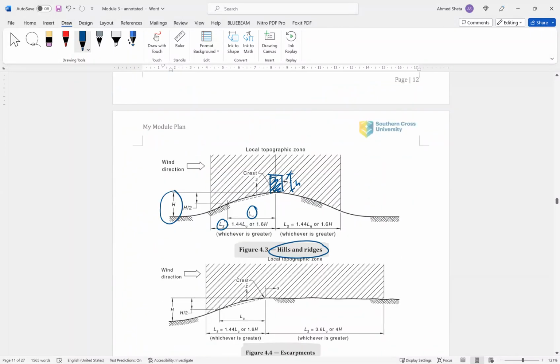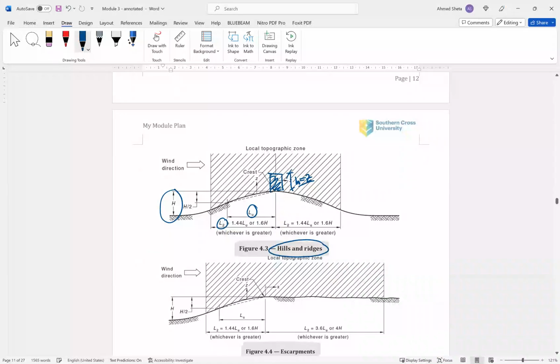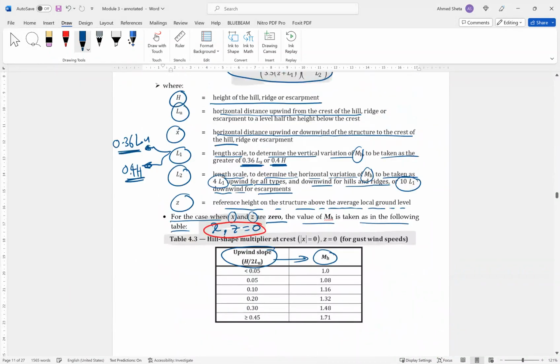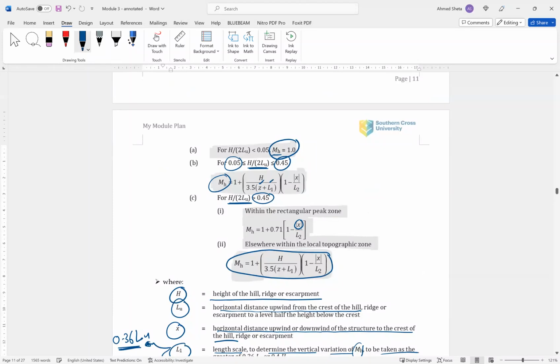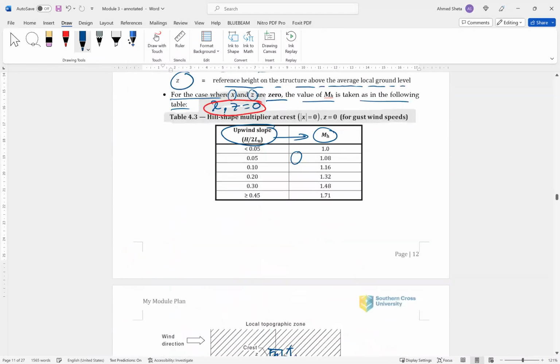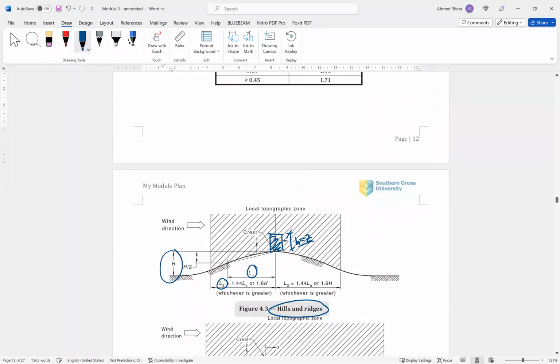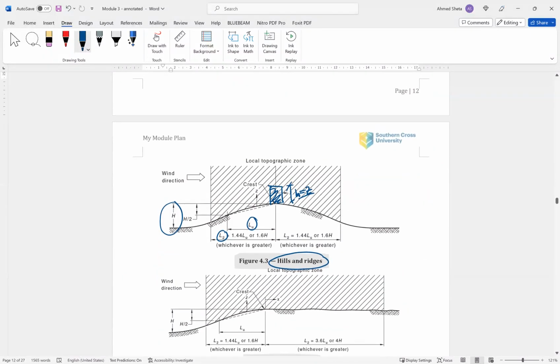where Z here will be the building height, plus L1 over X. X is the distance from here. So I will just remove this. So X is from here. So if you are here, this is X, and this is the building height Z. So depending on the values, you can get the value of MH,